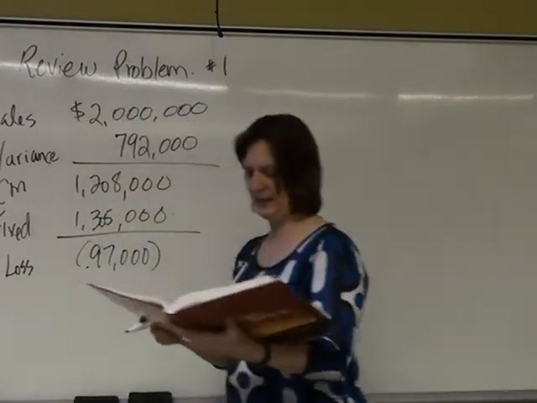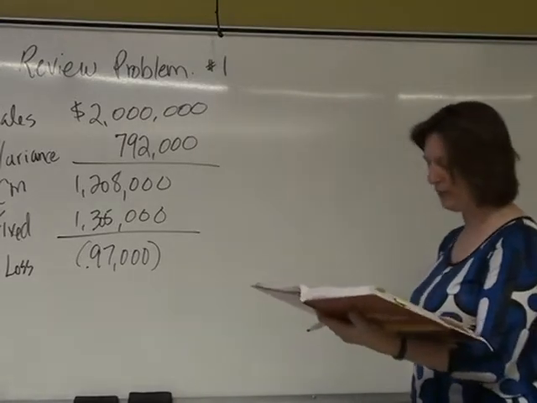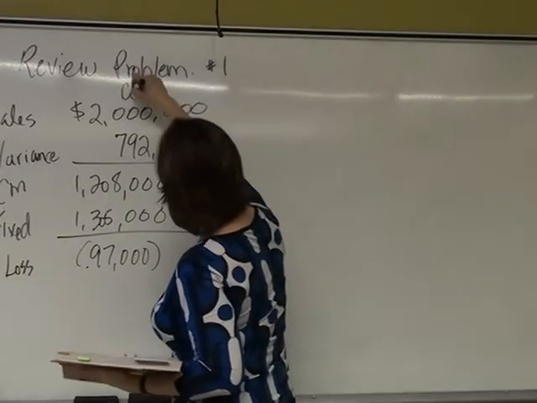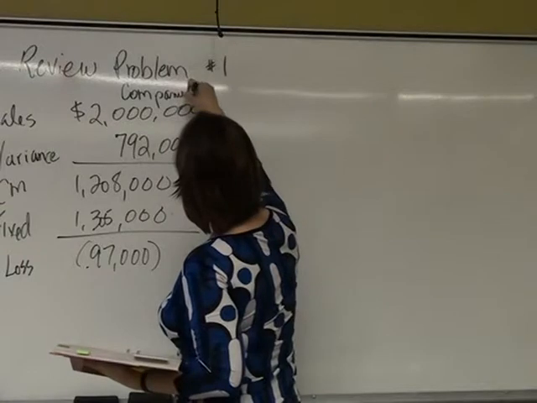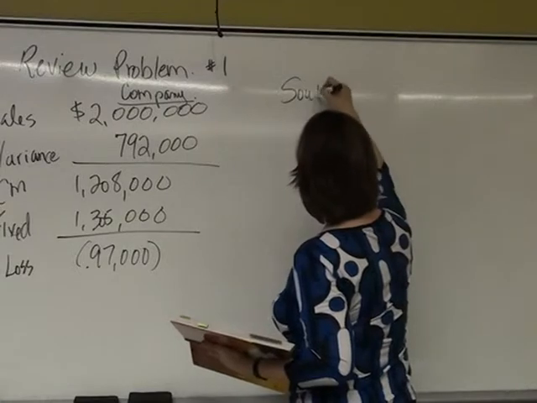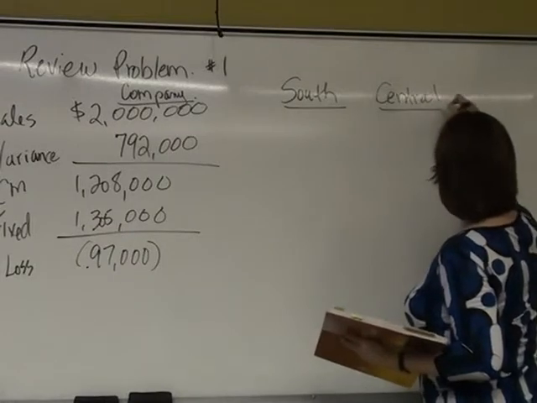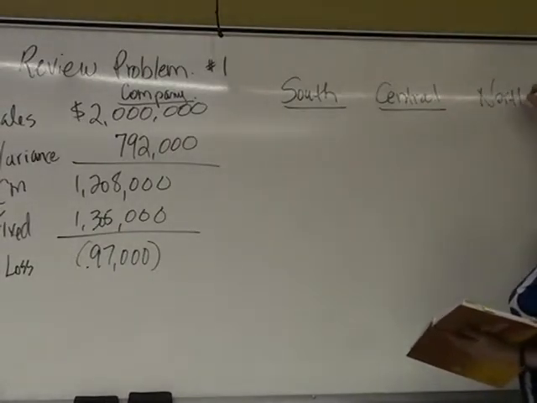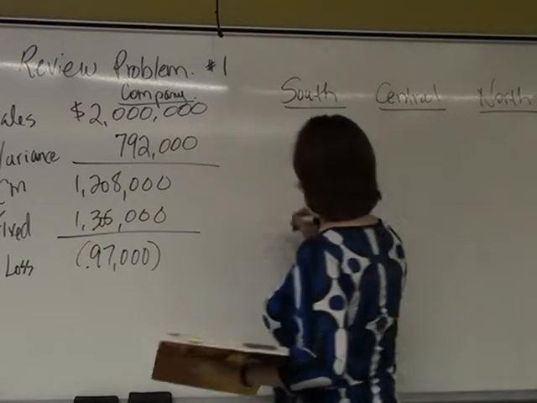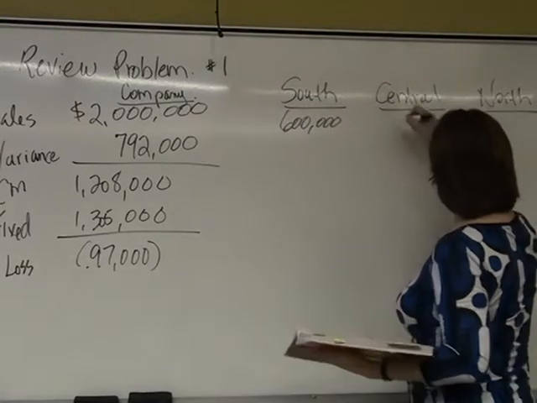So, in order to isolate the problem, they've asked for an income statement segmented by geographic market. So this is going to be the company, and now we've got South, Central, and North. If we're going to do a segmented statement, we've got to get our segments beside our total, and then we're going to move those numbers out, and all these numbers are going to add up to that. So they've split up the sales into 600, 800,